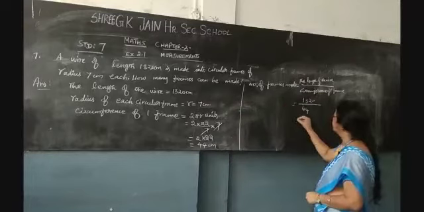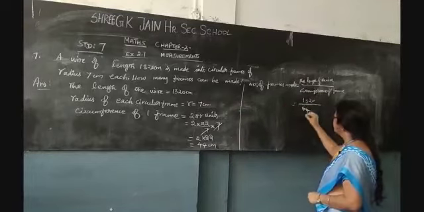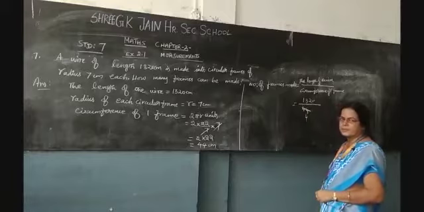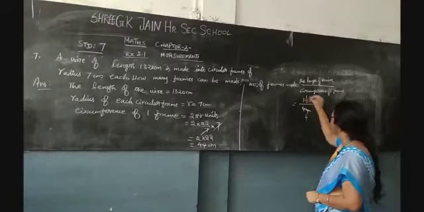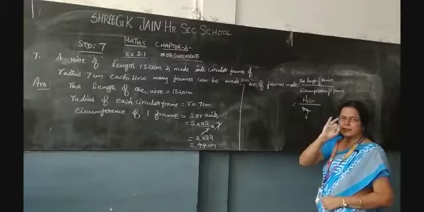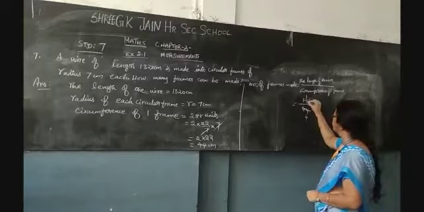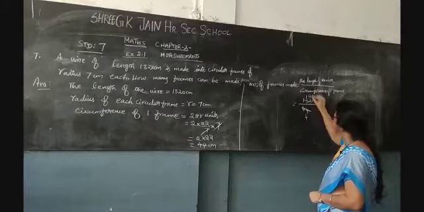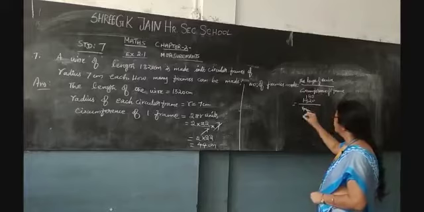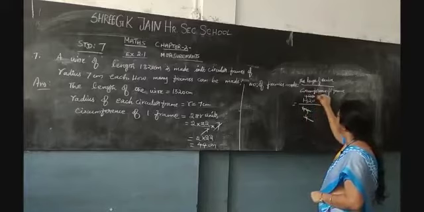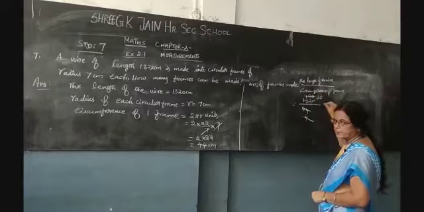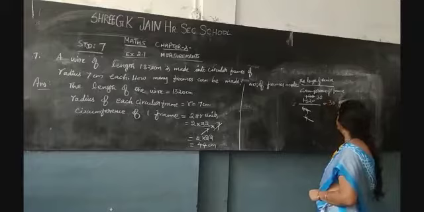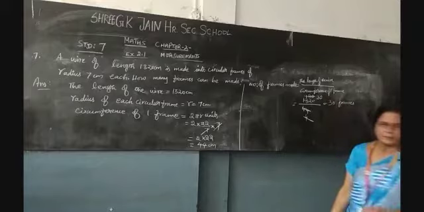So divide that. In 11 table this will go 4 times. 11 fours are 44, 11 ones are 11, 12, 13, 2 balance. So it will become 22. In 11 table, 2 11s are 22. Again put the 0 as it is. In 4 table, how many times will it go? 4 3s are 12. Put the 0 as it is, and you will get 30 frames. How many frames made? 30 frames made.